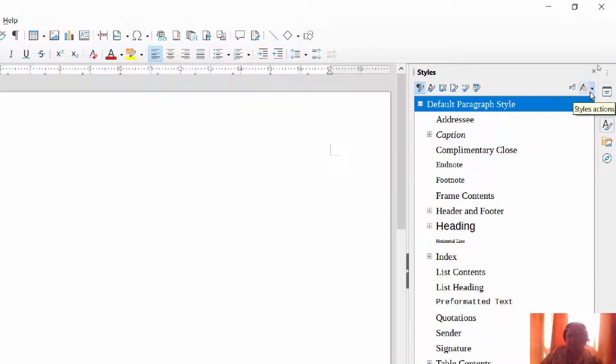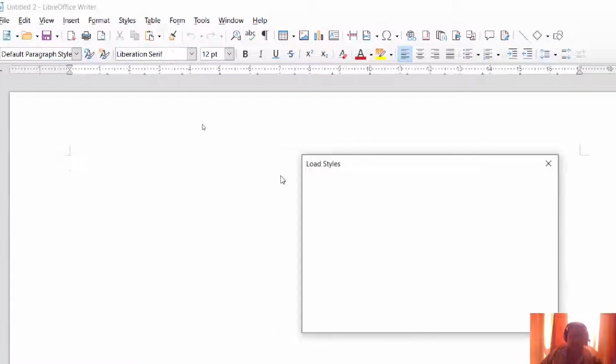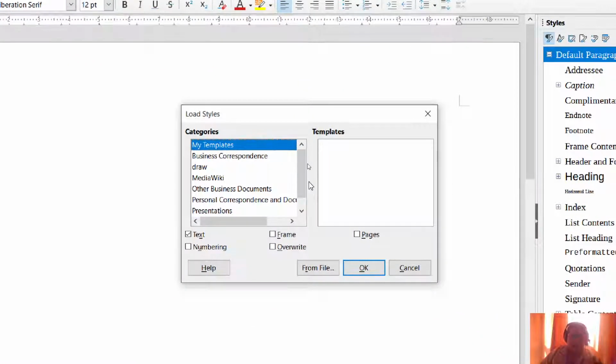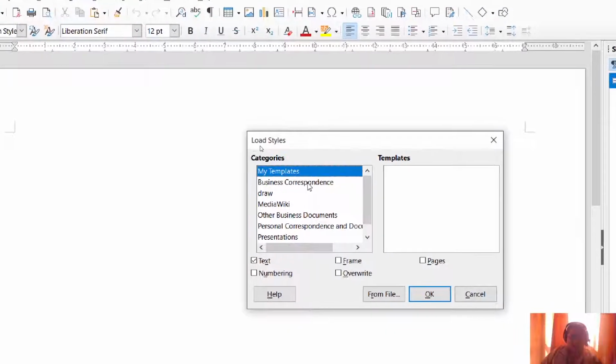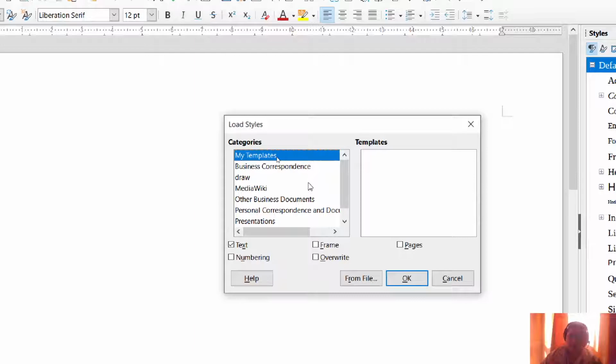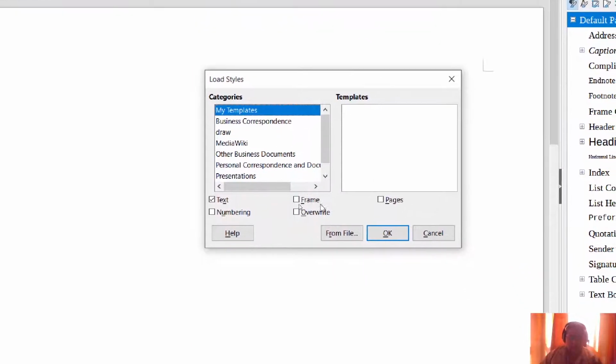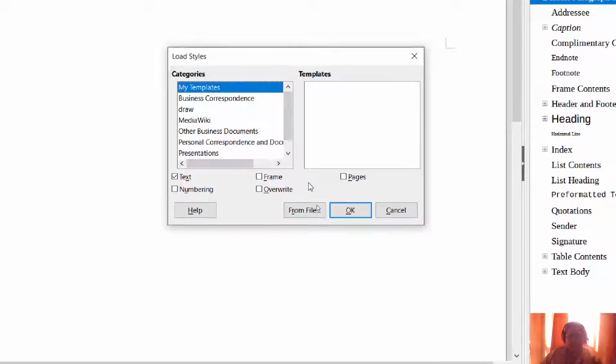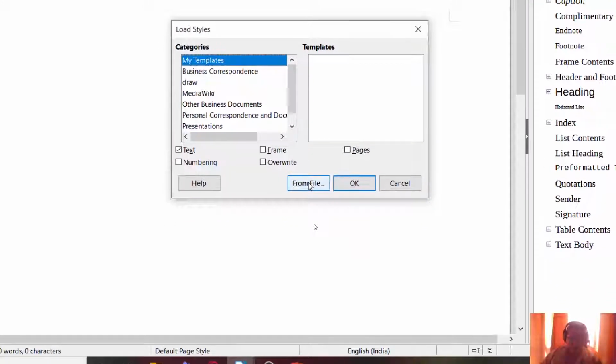So I'll go to Style Actions, Load Styles, and from here I can load a style either from any template or from any file. I want to load my style which is in that document, and that document is in the Class 10 folder in D drive. So I'm going to go from file.